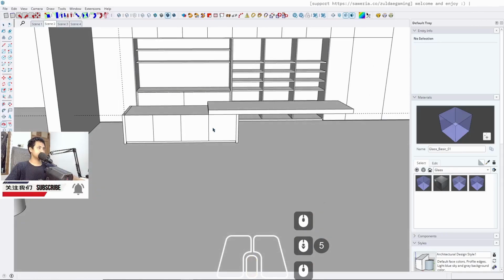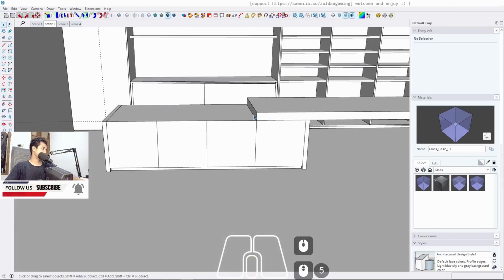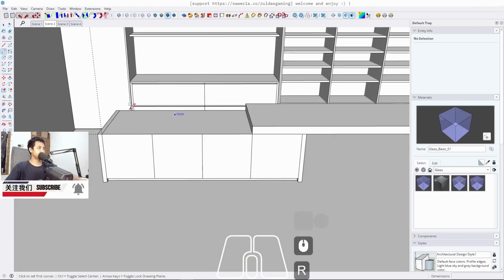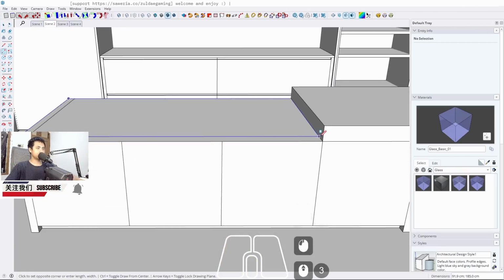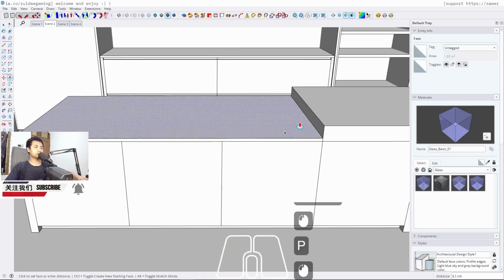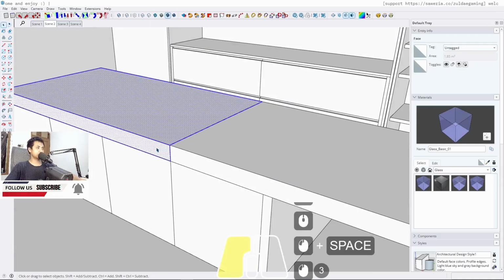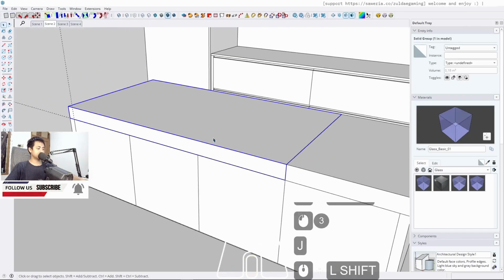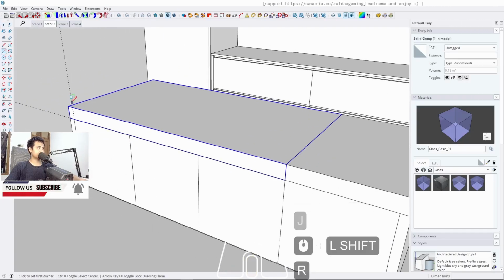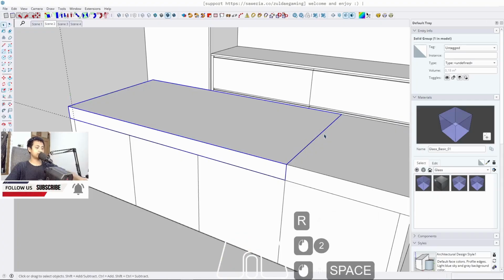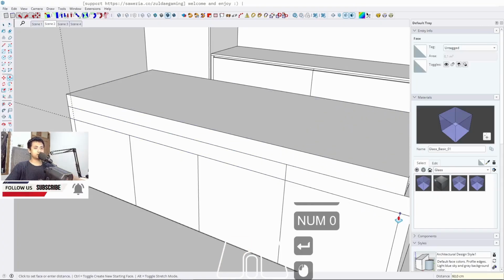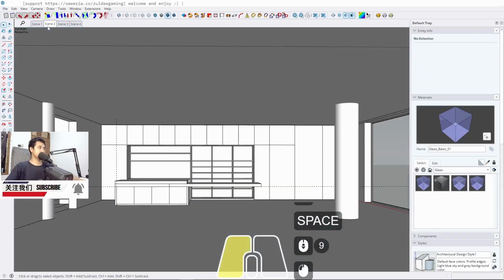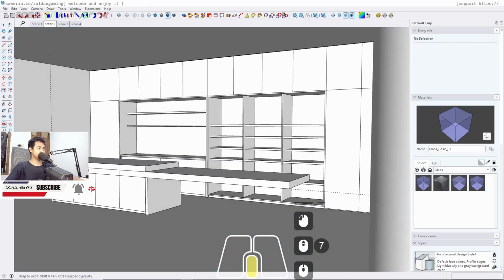Okay, this is for the structure and composition, of course. And then we have this. And another 10 centimeter for the top table. Okay,